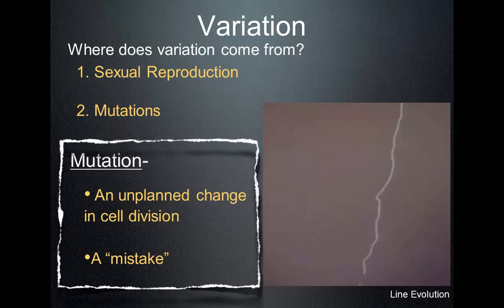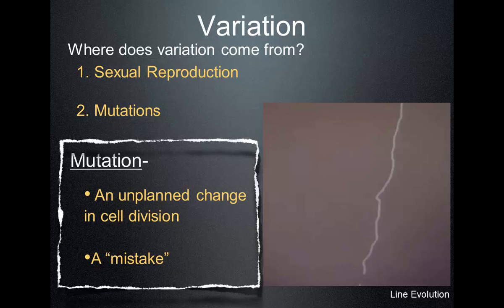And those new cells that are produced, that new organism, that change, it may have made it better adapted. It may have made it worse adapted. Or it may be neutral. It may not really make a difference at all, changing that letter. But it's going to be different. There's going to be variation. Maybe the reason one of those grizzly bears had darker fur is because of a mutation. When the cells that produced that grizzly bear were being produced, one of the letters got changed, and that resulted in darker fur. That resulted in a new variation in those grizzly bears.